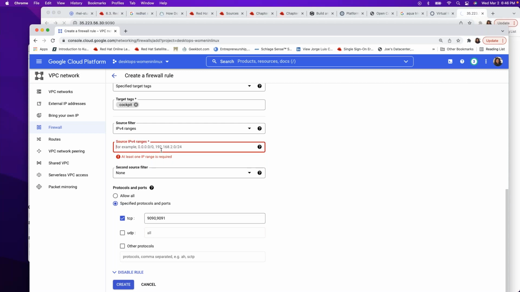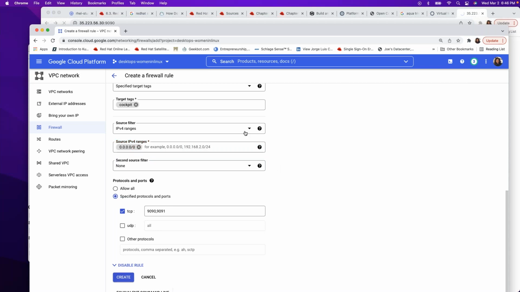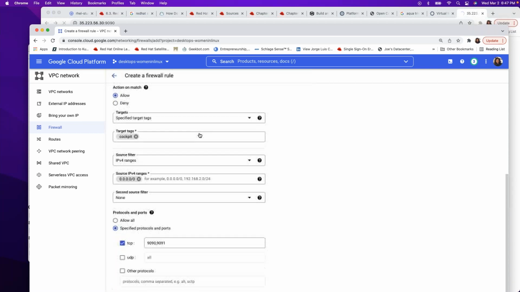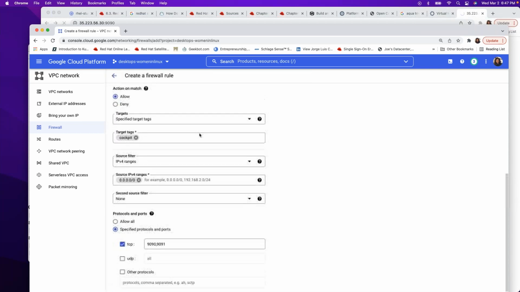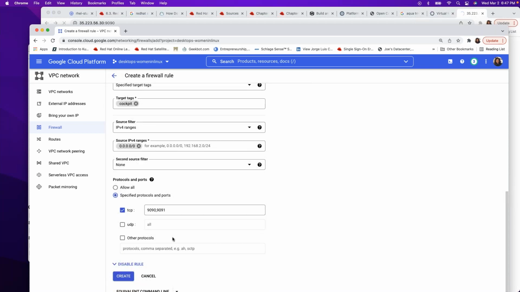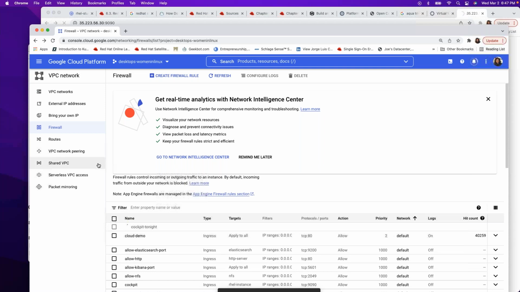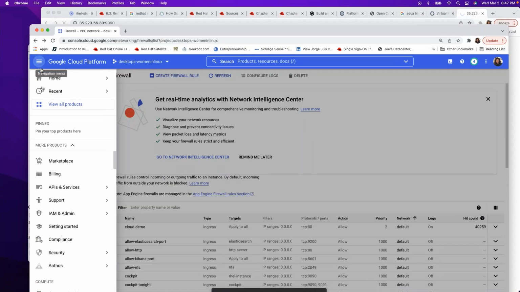IP ranges, I don't remember the machine, but we're not gonna... I can lock it down by my IP address, but we're not gonna do that. Target tags, specify target tags. That's fine. All right, create, and it's called Cockpit tonight. All right, so now we need to go back over to our machine